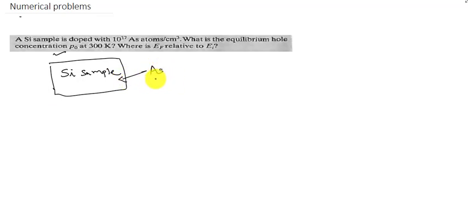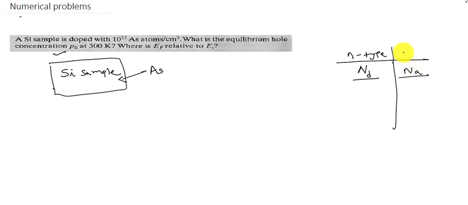So this is doped with arsenic atoms. We know that if we dope a semiconductor with pentavalent impurities or donor impurities, we will get an n-type semiconductor. If the donor concentration is greater, then the semiconductor will have n-type behavior. Similarly, doping a semiconductor with acceptors, or trivalent impurities, gives a p-type semiconductor. The examples for donor impurities are arsenic,